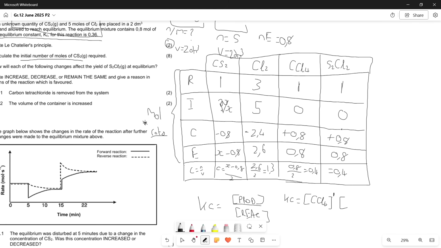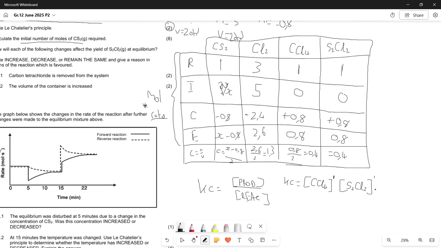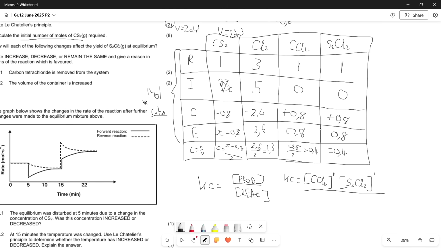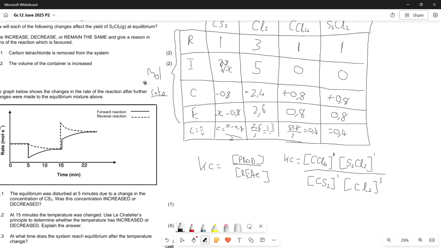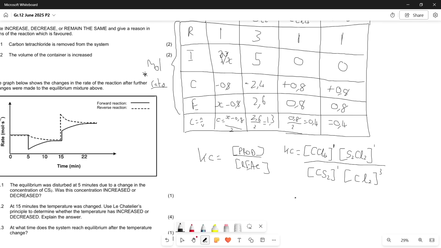And then our other product is our S2Cl2, and that is also to the power of 1. And then for the concentration of our reactants, we have the concentration of CS2 over there to the power of 1, and we have our Cl2 to the power of 3 based on the ratio number. So now that we have the setup, the format over here, we've just earned 4 marks,